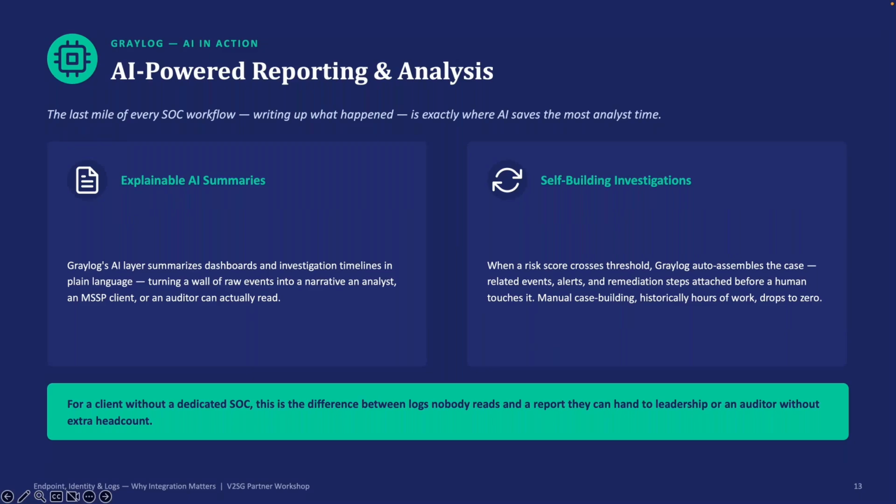And we have explainable AI summaries. We have an API to integrate with your AI to help you do analysis and generate reports that are human-understandable and easy